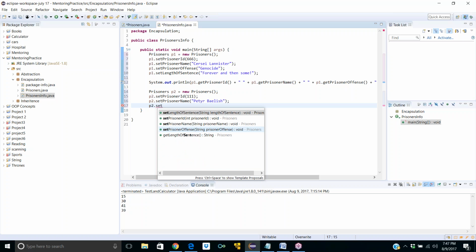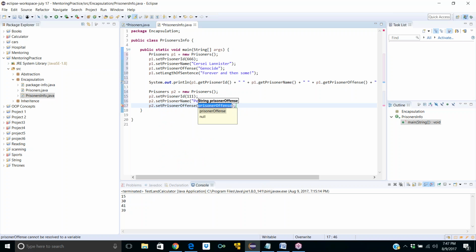Or set another value, prisoner offense. Baelish, offense, he's done a lot of things, but I'll say his offense is being a creep. And, oh, forgot to,